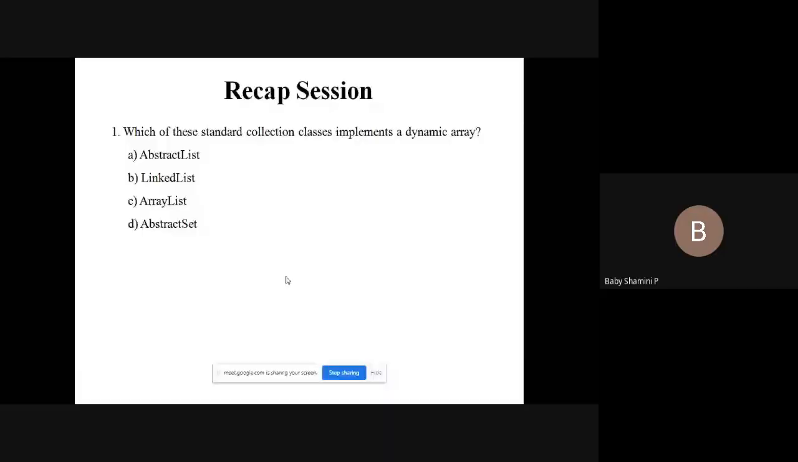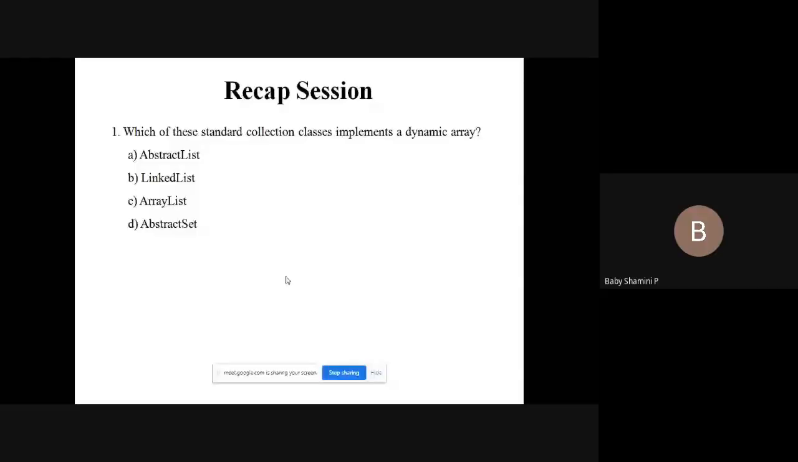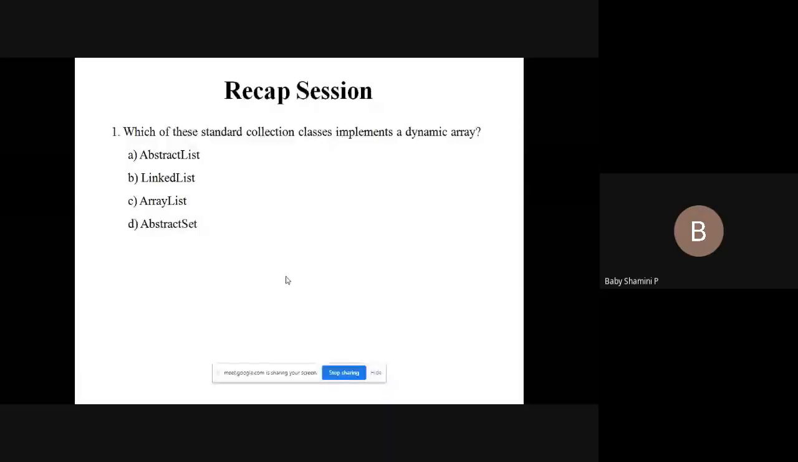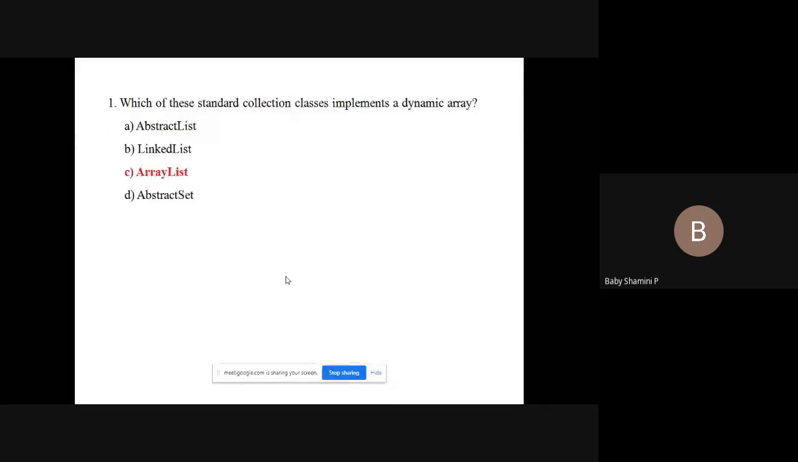Okay, option A, abstract list, dynamic array. Any other answer? C option. Okay, correct answer is array list. So if you want to create